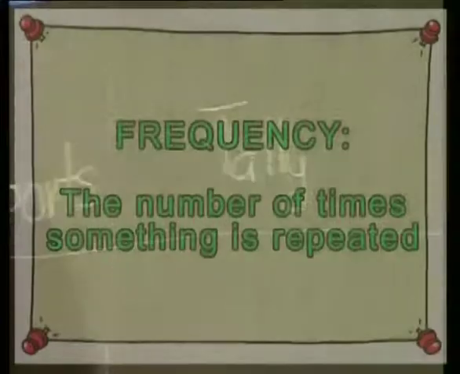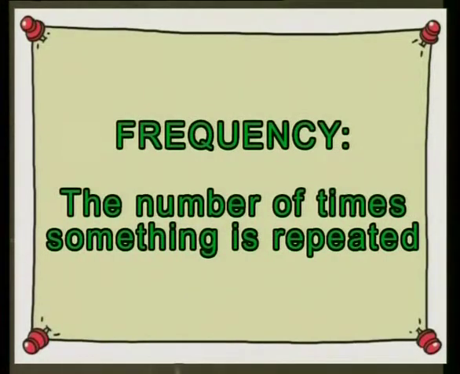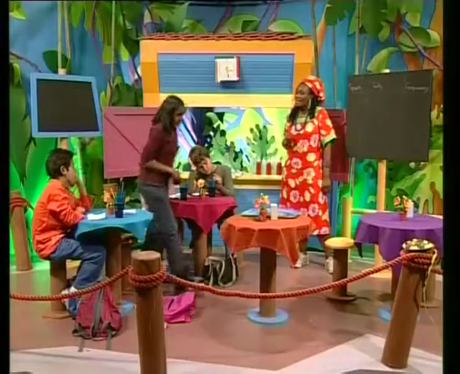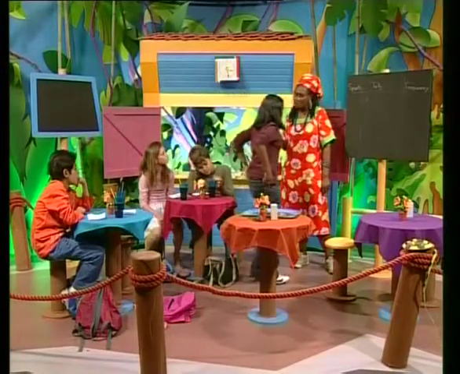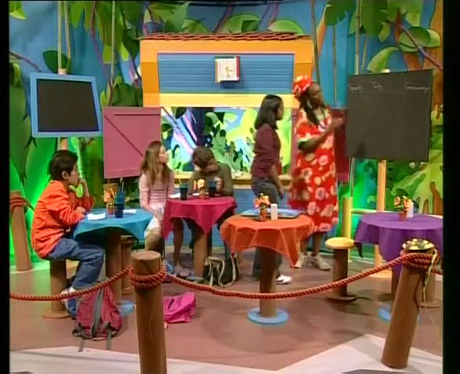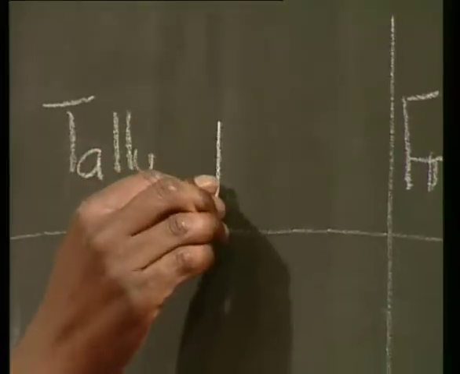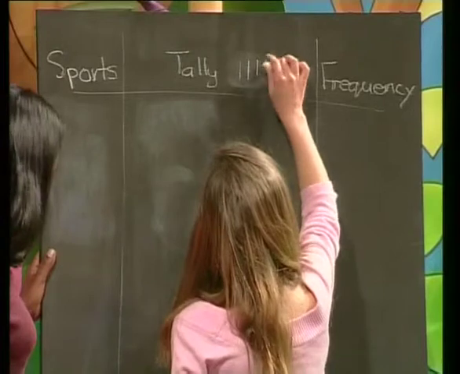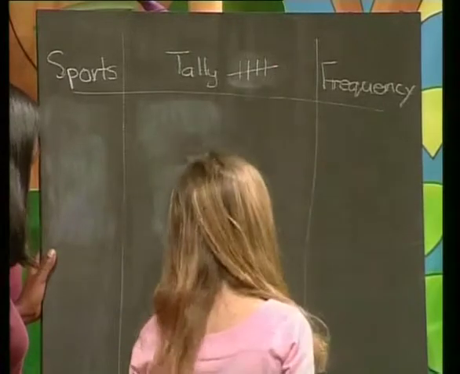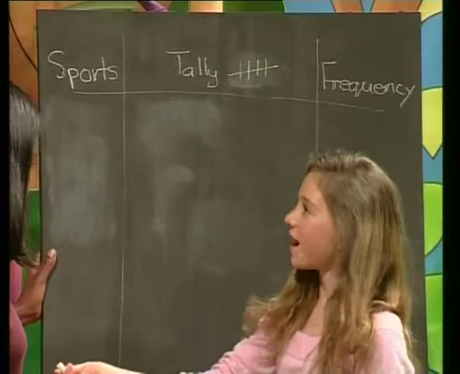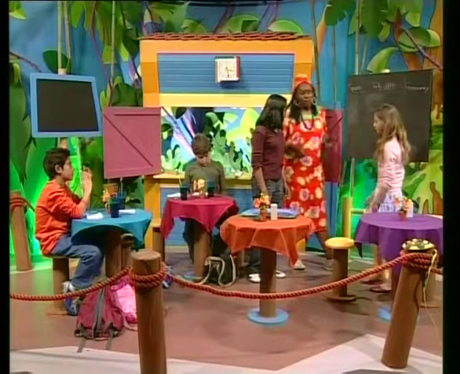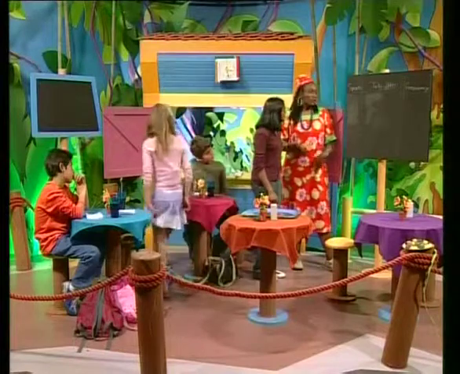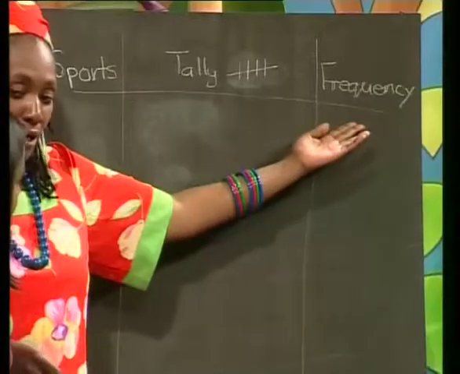Okay, so this is a frequency table. Frequency means how often you see one piece of information. Zubaida, would you come up here and write down the name of the sports for us? And then as the others call out what they have on the pieces of paper in front of them, you put a mark in the tally column like this. I've done this before. First, you write down the marks, and then every fifth one, you draw a line across the other four, and then you're left with a bundle of 5. Well done, Yoli. When you've written down all your tallies, you add up the number, and then you put it at your frequency column.